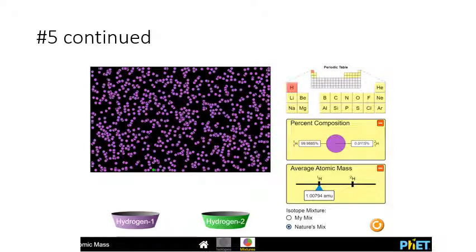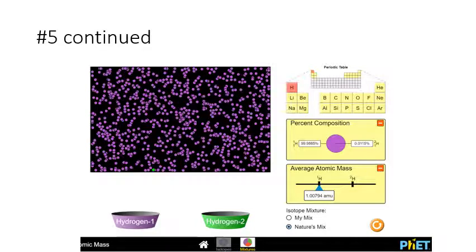All right, continuing on with question number 5, I have a screenshot here from a PhET simulation. And in this screenshot, we have a sample of hydrogen as it exists in the universe. And if we look here, almost all of the atoms are hydrogen 1, shown in the purple color. And just a tiny little bit is hydrogen 2, shown in the green color. Because there's so much hydrogen 1, the average is really close to 1, just slightly heavier. With a lot of precision, we can see it's